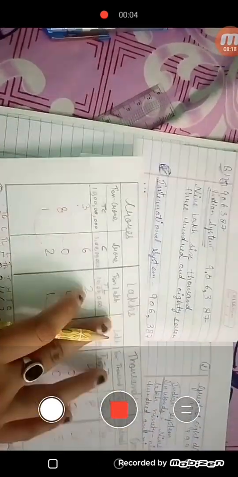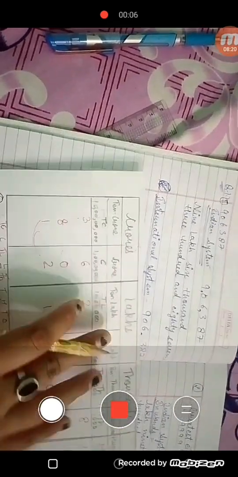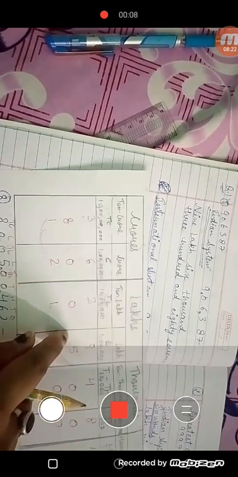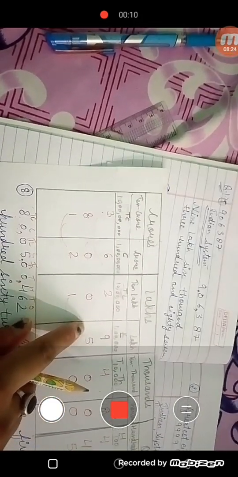See this, this is the Indian system place value chart, which I have already showed you in an earlier video. So I will place these digits here and then we will pronounce that. We will start writing it from here. 7 8 3 6 0